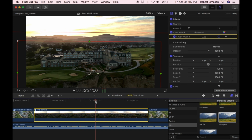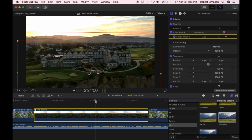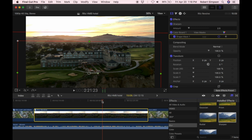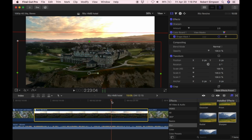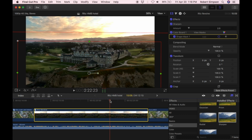Once we've added a shape mask, since all of our shots move in some way, we'll need to keyframe that mask so that it moves with the shot. This one is a fairly straightforward keyframe since the horizon doesn't move by a large amount. What I do is click at different points in the shot, checking to see if the mask lines up the way that I want it to, and there's not much movement in this shot, so the keyframes are very easy